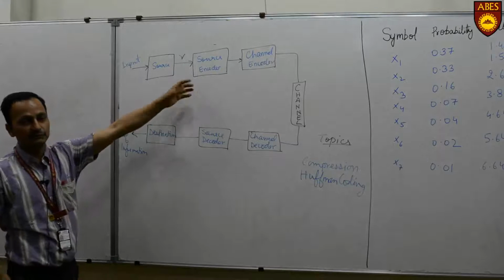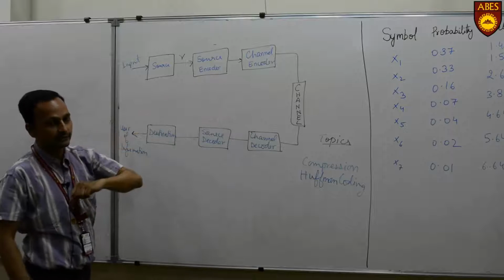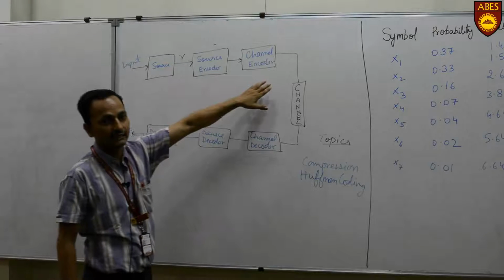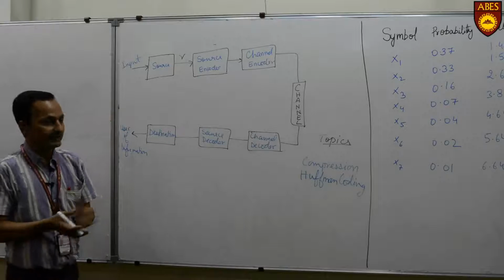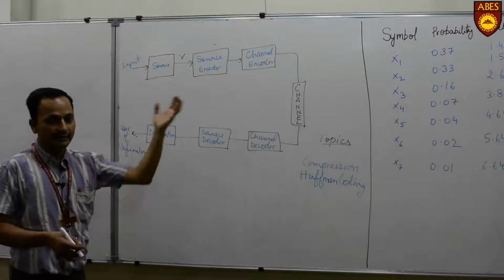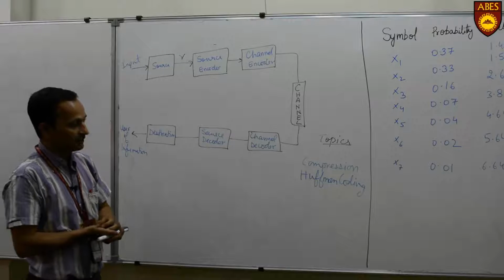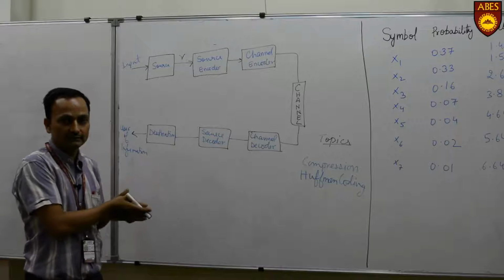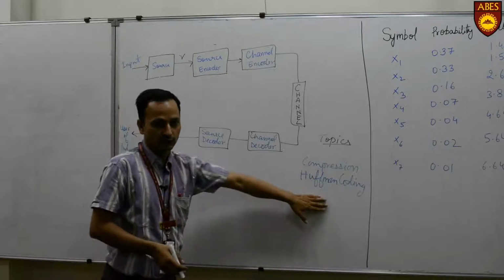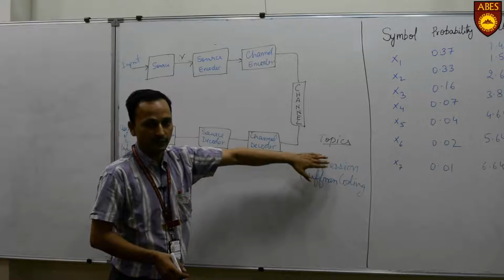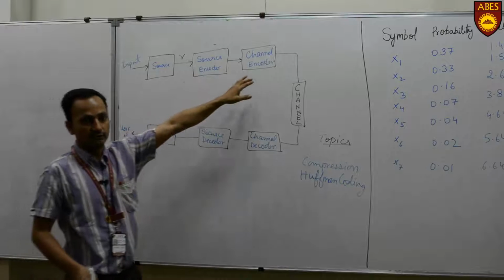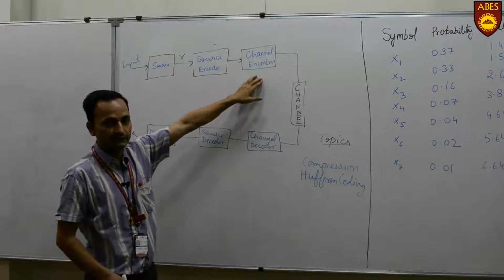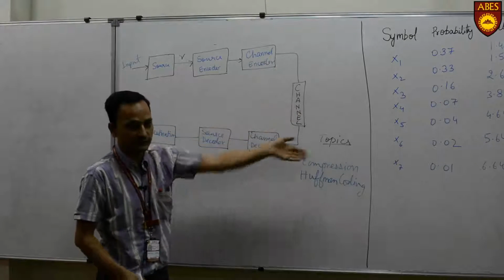The data which is encoded by the source encoder is then given to the channel encoder. Now, designing this source encoder is something the electronics side has to do, but for us computer science students we are going to study Huffman coding, which is an important part of data compression. Then there is a channel encoder, which takes that information and transmits it through the channel.